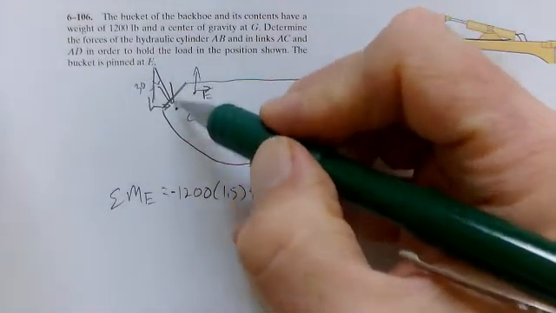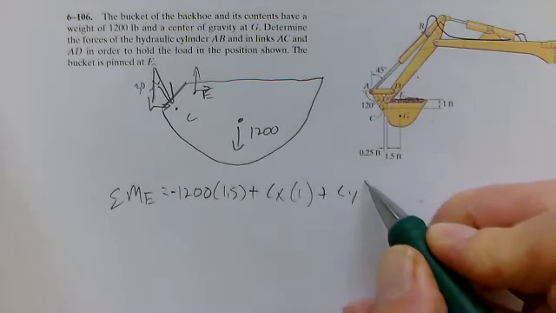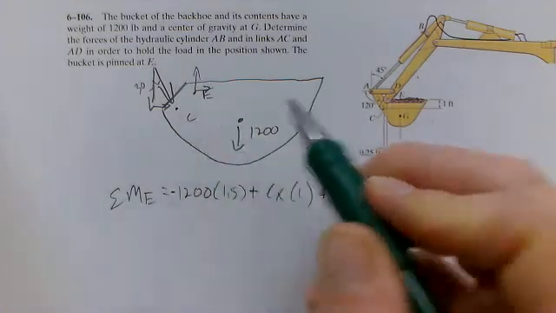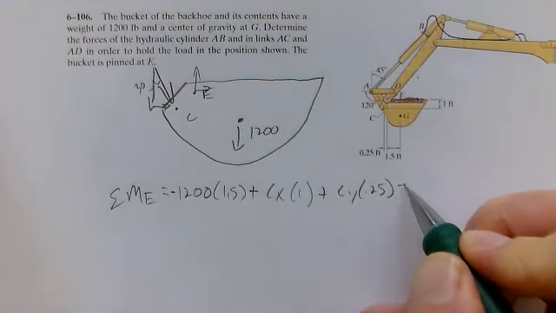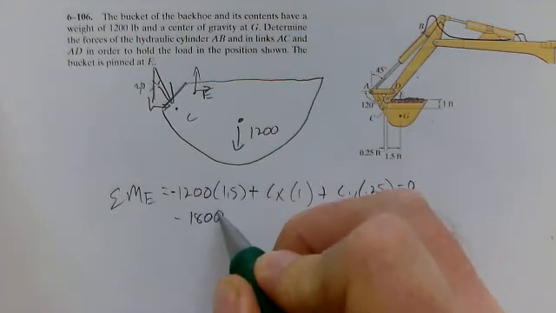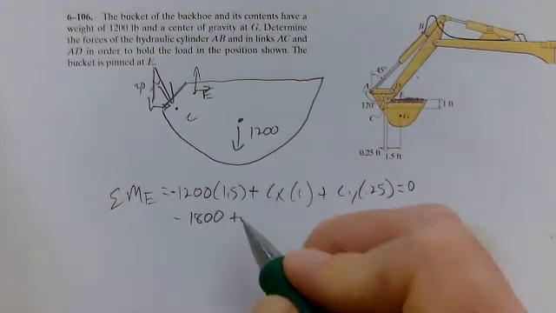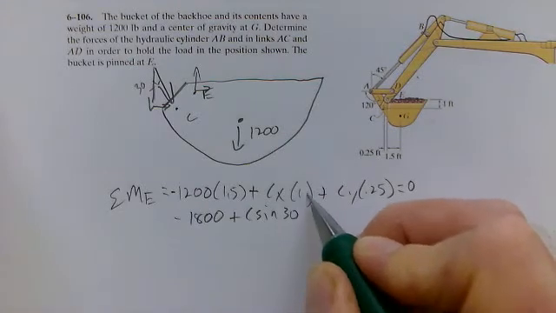Now we've got the vertical, which can also cause positive, and that distance there is just this little 0.25. That equals 0. So that's negative 1,800, and CX is going to be C sine 30 times 1,